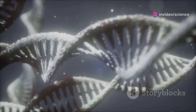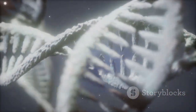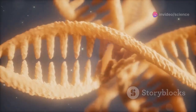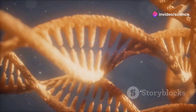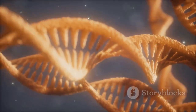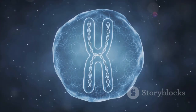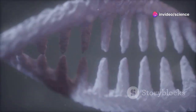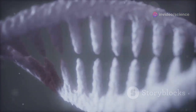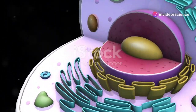To understand the importance of rRNA, we must first delve into the fascinating world of RNA and its various functions. RNA, or ribonucleic acid, is a crucial molecule that acts as a messenger, carrying genetic information from DNA to the ribosomes, the protein factories of the cell. DNA serves as the blueprint of life, containing all the instructions our cells need to function and thrive. However, DNA resides within the cell's nucleus, a protected compartment that safeguards this precious genetic material. RNA acts as a courier, delivering these vital instructions to the ribosomes in the cytoplasm, where proteins are synthesized and